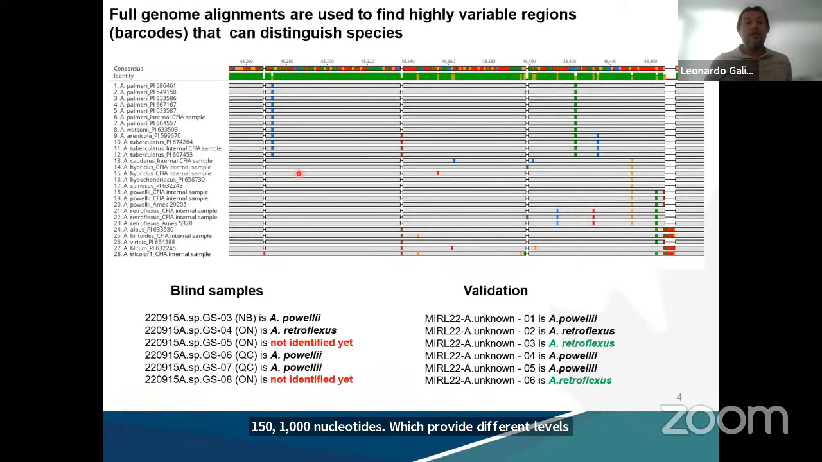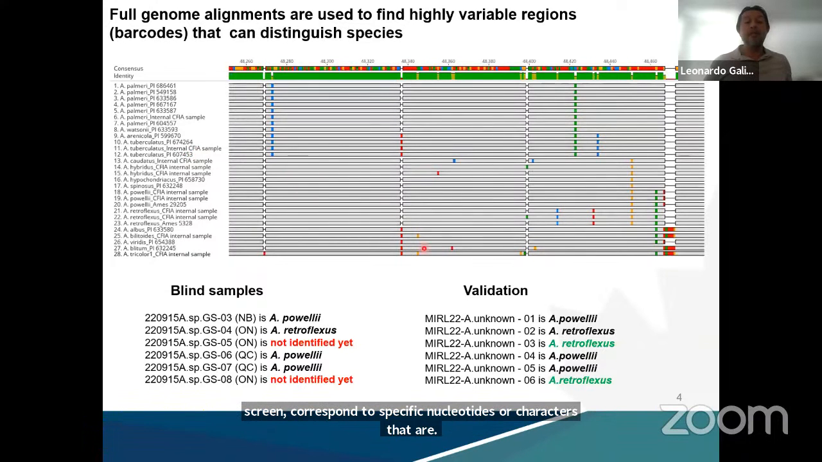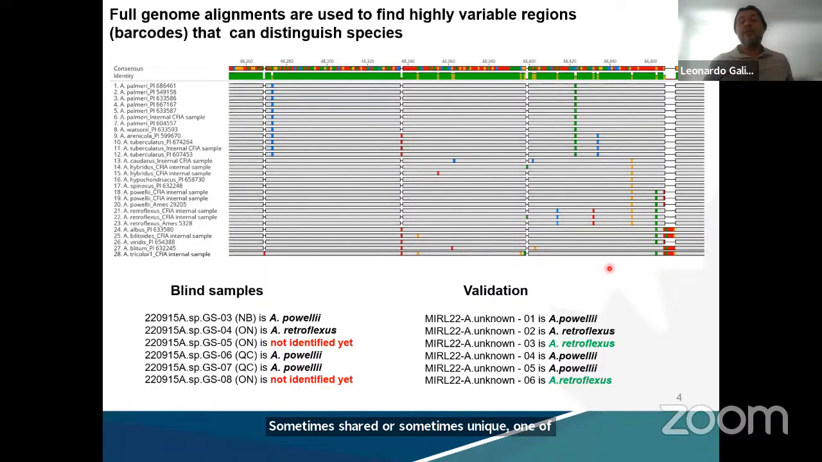So what you're going to see here is the name of the species, and these blue dots or lines that you see on your screen correspond to specific nucleotides or characters that are sometimes shared or sometimes unique for each one of the species. But we use 7 different regions from the chloroplast to distinguish some of these species